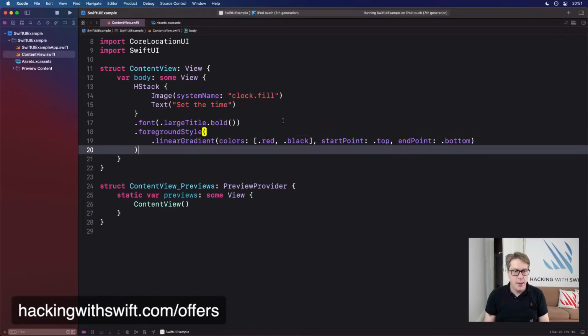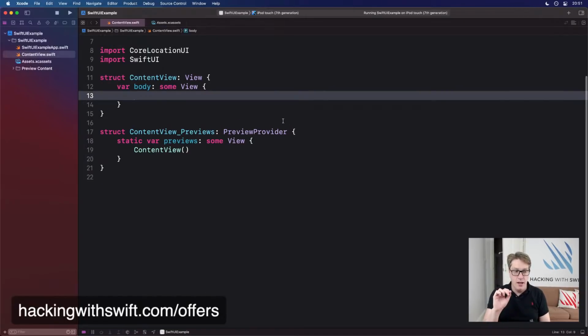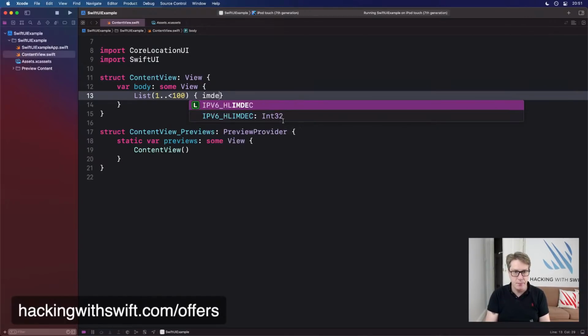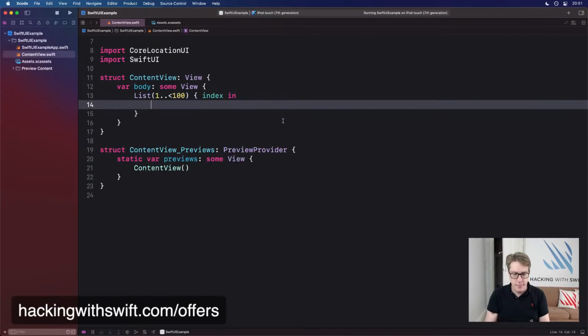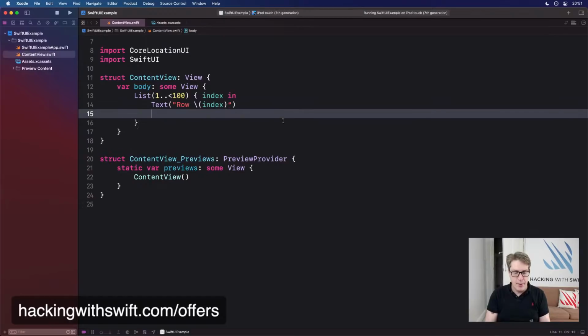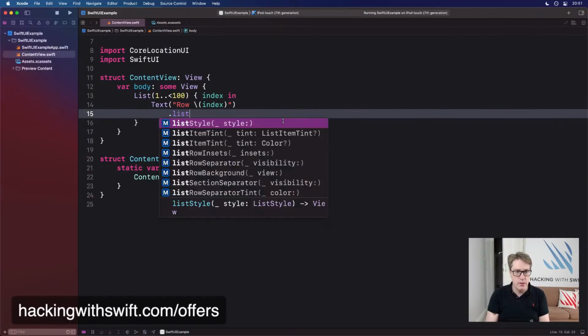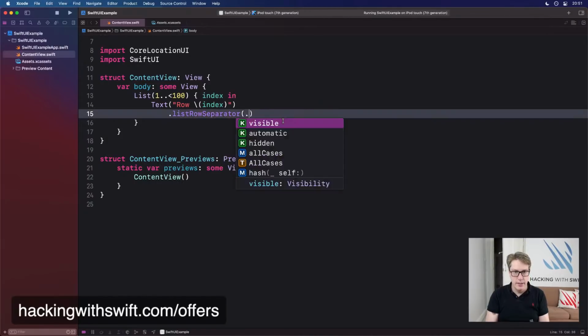Anyway, list stuff. Yes, let's do a list of 1 to 100 with the index coming in. Text row index. I'm going to say this thing has list row separator hidden.